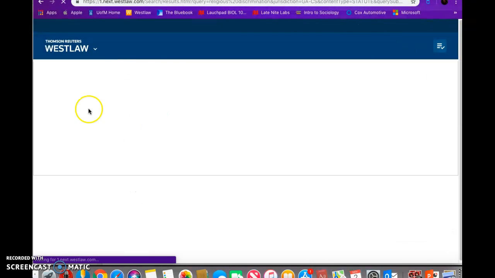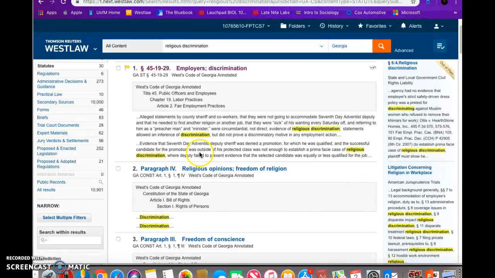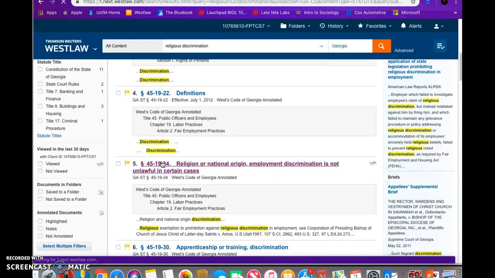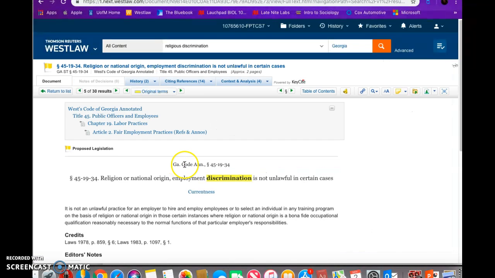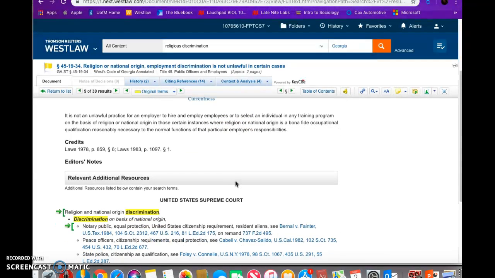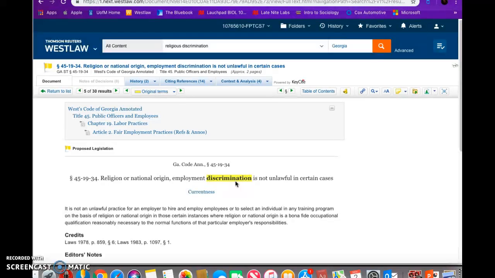So I looked up the statutes and I found this here, which is the Georgia Code Annotated 45-19-34. And it says religion or national origin employment discrimination is not unlawful in certain areas of Georgia. And my assumption is that it's not illegal to terminate someone